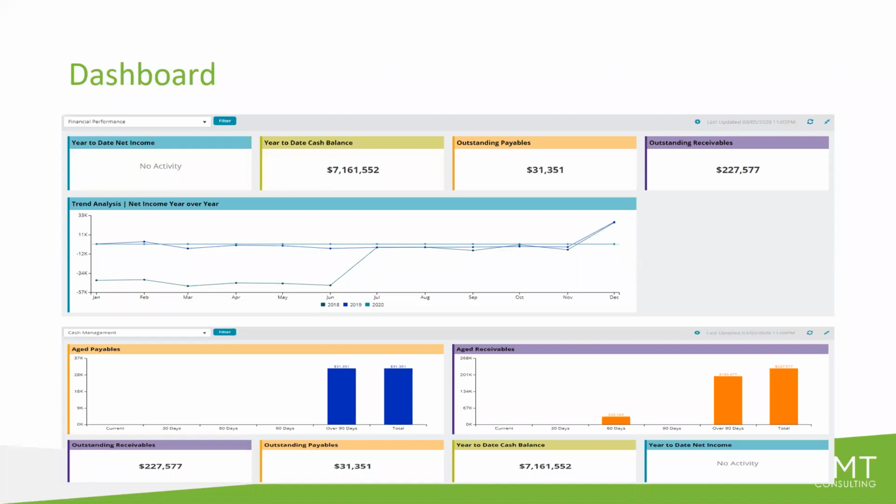In the second example, we have financial performance. So a lot of times we'll see financial leaders, we'll see engaged board members, executive directors, all jump onto this particular dashboard. And the reason being we promote this so heavily is because more and more boards are selecting certain data points or key performance indicators for their finance and accounting teams to manage.